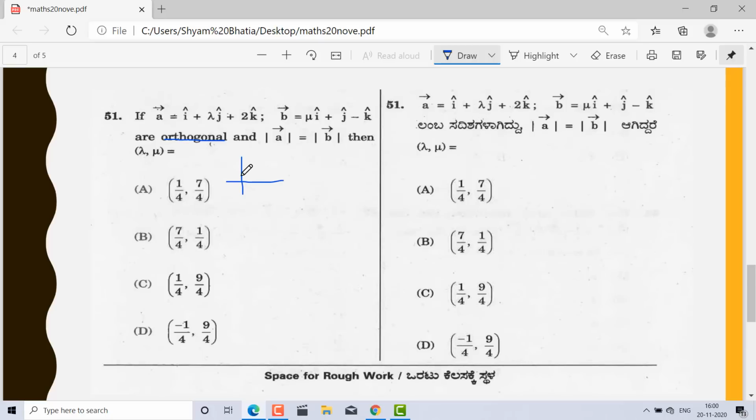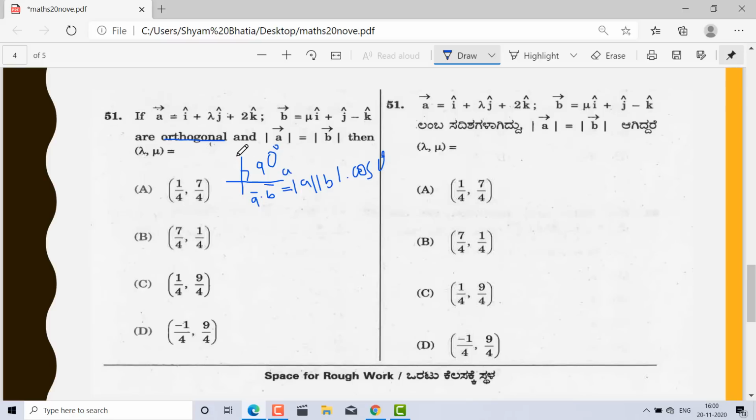So the angle between them is nothing but 90 degrees. Yes or no? Yes, we know, everyone. Okay, perfect, your question is completed. The dot product of vector A and vector B you can write as mod of A, mod of B, multiplied by cos theta, and theta is the angle between the A and B vectors.